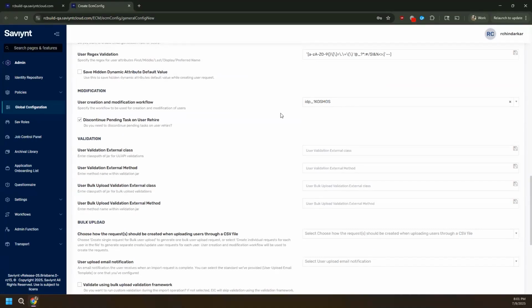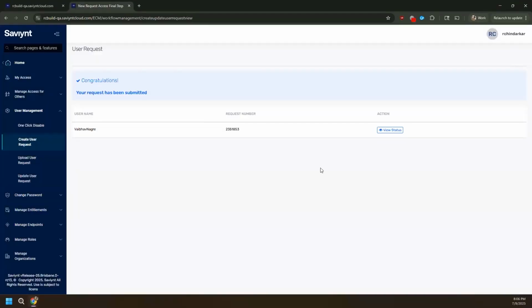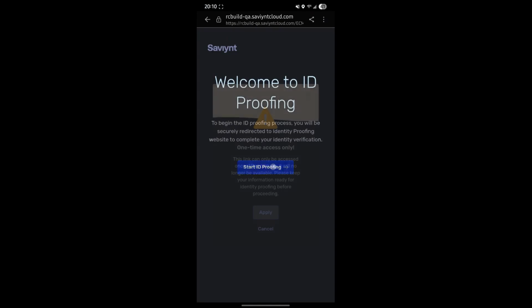Now let's test this out by onboarding a new external user. Go to Create User Request under User Management. To create a user, we will fill in the basics: first name, last name, and email as mandatory fields. These details are used to send the verification link once we click Submit and Save to create a request. So behind the scenes, a provisioning task is triggered and a verification link is emailed to the user. Now, the user will receive that link and go through the identity proofing process. This could include uploading documents,